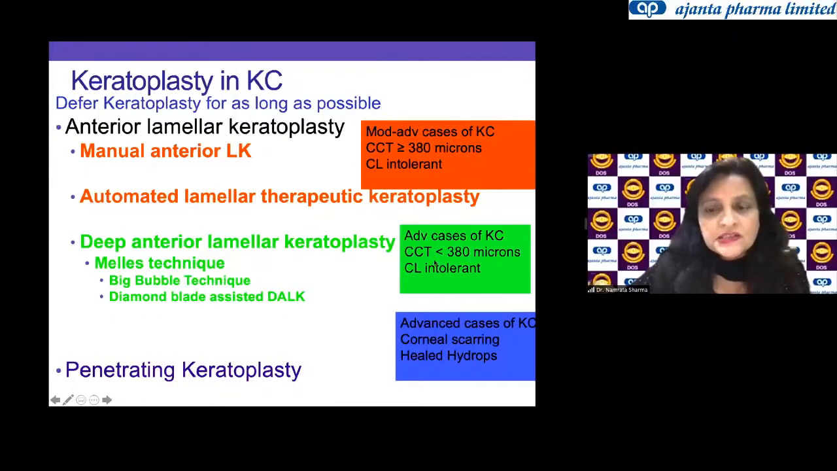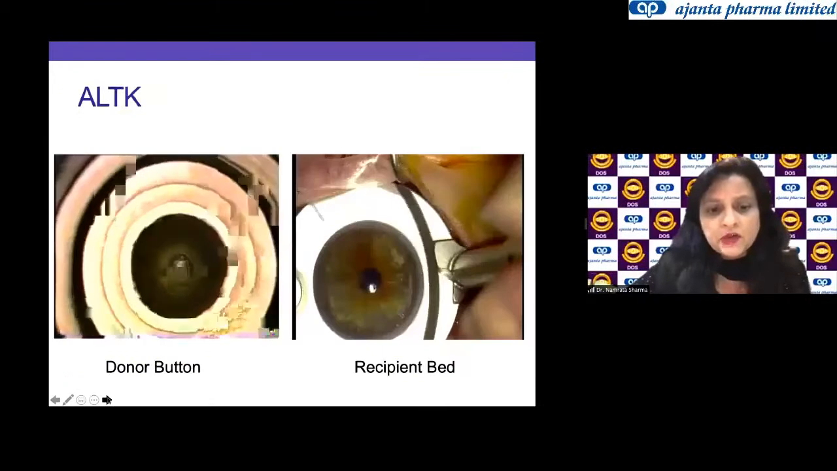But if there are advanced cases, corneal thickness less than 380 microns, contact lens intolerant, then one can do DALK or deep anterior lamellar keratoplasty using various techniques. And of course, when there's corneal scarring or cases of healed hydrops, you can do penetrating keratoplasty. But nowadays, in some of the cases of healed hydrops, we are also doing deep anterior lamellar keratoplasty because